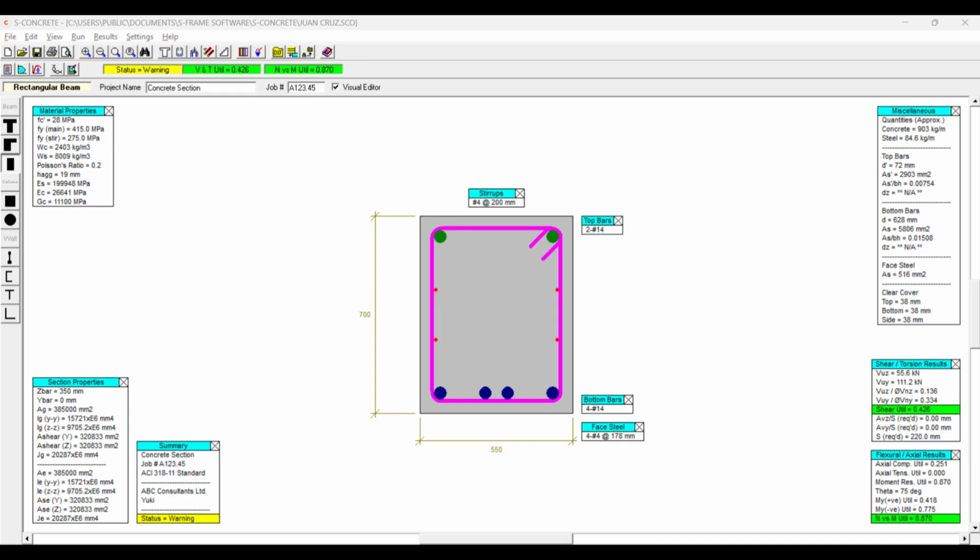The objective of this project is to design a safe, economical, and code-compliant reinforced concrete beam capable of resisting the applied loads while satisfying the requirements for flexure, shear, and serviceability. By combining manual calculations with engineering software, we are able to verify that our design satisfies the structural requirements specified